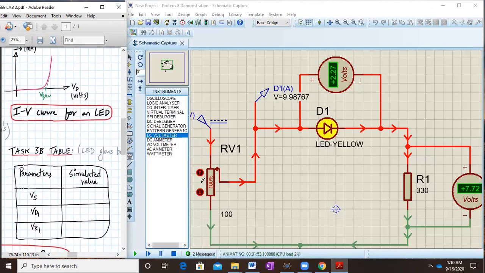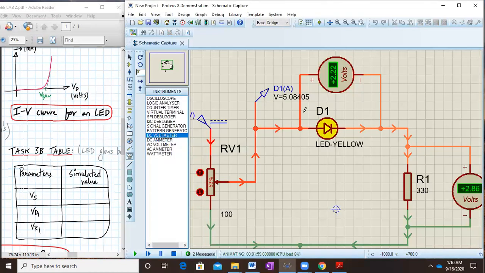Okay, so this is the way you note down. Where it was around 53%, right? The diode was brightly glowing. Yeah, I think this was the point. So you note down the corresponding values of VD1 and VR1 for this circuit. Okay, so this completes my part, and you can see carefully whenever the current starts flowing, the wire turns red.